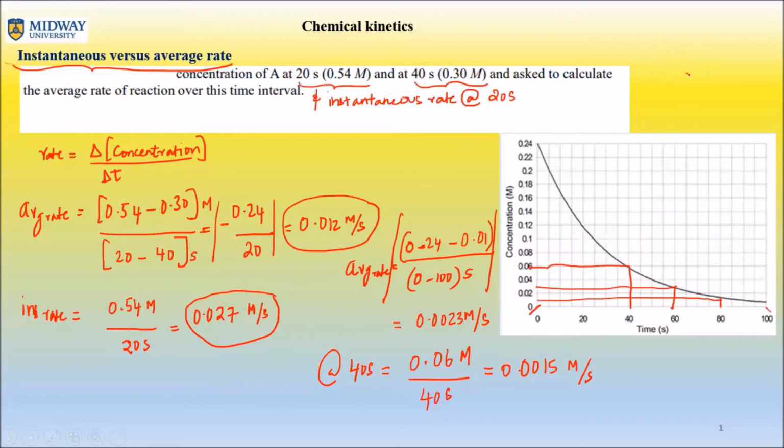So 60 minus 80 is 20 seconds in the bottom. And whatever the value at the top would be about 0.03 minus 0.01, roughly. Like I said, you have to make some whole round assumptions. So it's 0.02 over 20, which would be 0.001